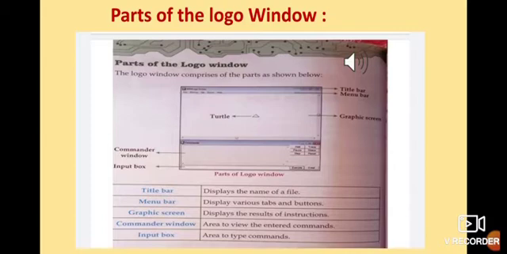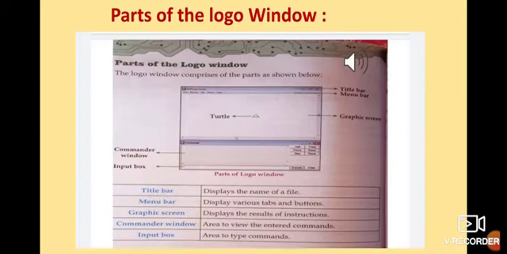Down you will find the commander window. One thing, let's be clear about it. When I was talking about a program, I said that a program is a set of instructions or commands. Your Logo is not going to work unless you give instructions to it. You have to give orders or commands to it. Then only it will work and show the results. Whatever commands you give, and commands are also different, we will talk later about the different commands of Logo. When you are giving the commands, they will be shown here in this commander window.